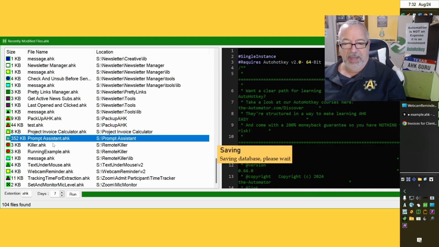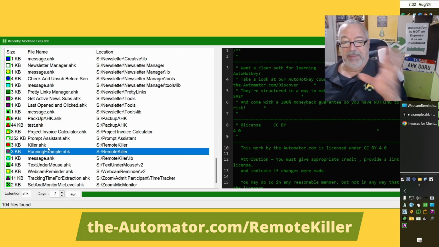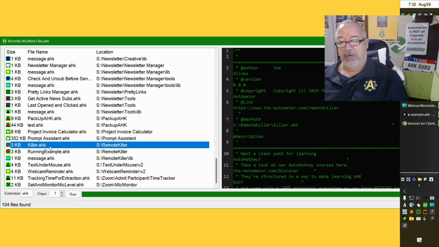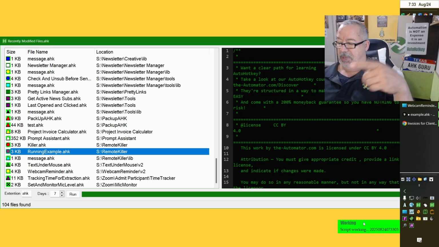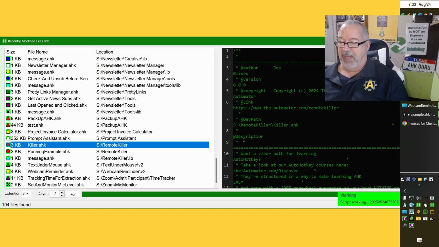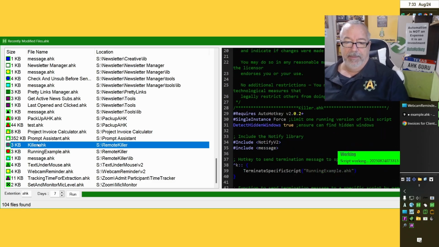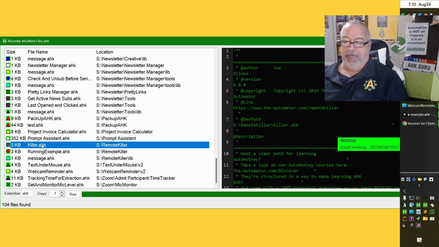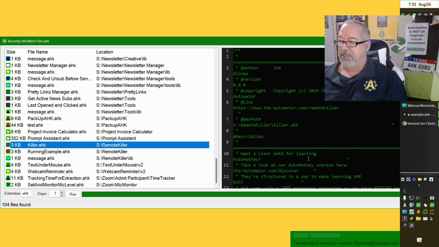So that was that. Here's the killer and killer remote example that I was mentioning, which we'll make a download, and I'll make a separate video. Killer will go kill those other programs, and these are the running examples. So theoretically, I could run this, and we're going to see this keep iterating, just showing you it's running. But when I run killer, and I think I have a hotkey in here, yeah, Control K. So I'm going to run it. Now it's running, but when I hit Control K, it sent the kill message to that